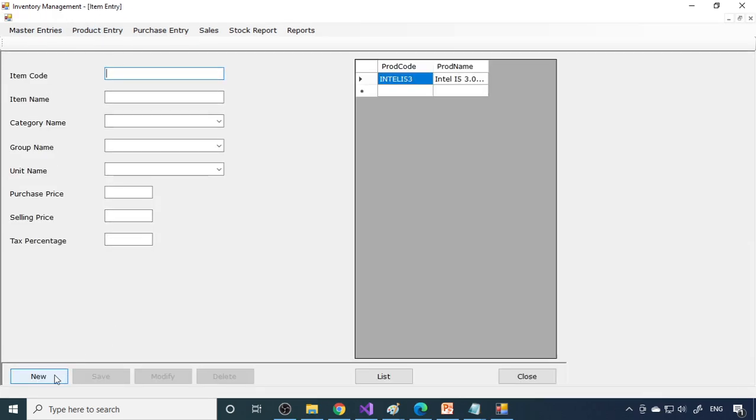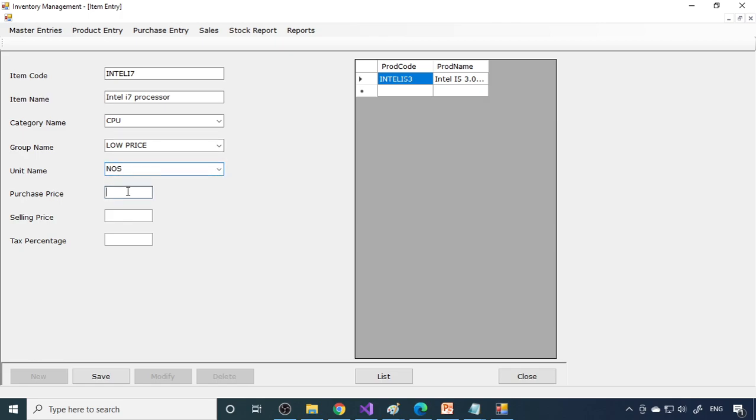When you go to product details, here you can enter the new product. Okay. So let's say Intel i7. Right. So this is Intel i7 processor. Now here is a category. Because we have entered only one category in the category form, therefore only one is there here. Group. Group also we entered one, therefore only one will come here also. If we have mid price, we would select the mid price, but that is not there. Therefore I selected this only.